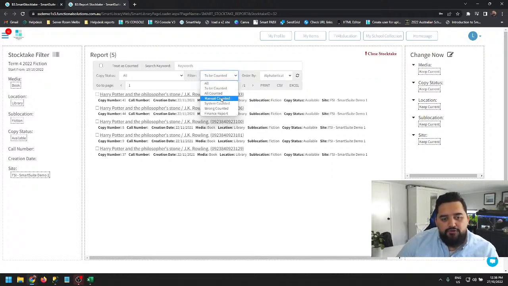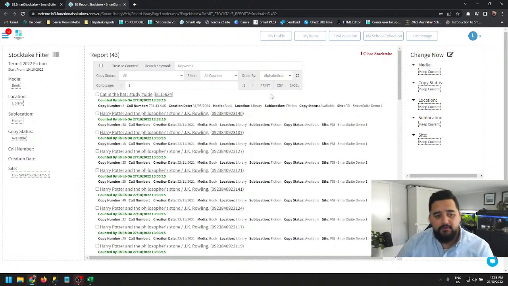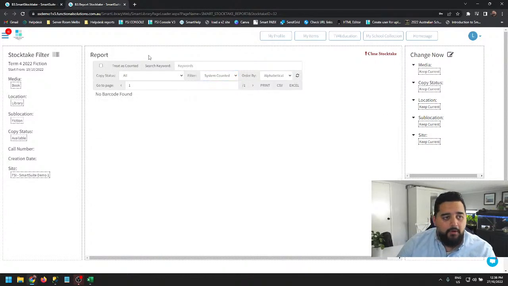You do have the option to filter your All Counted. All Counted is just everything that's been counted, whether manual count or system count. Then Manual Count Only, so if you want to eliminate the system count, you just want to know what has been scanned in, either by yourself or by your library aide. And then you have System Count, that's purely your system count. I might show you what system count looks like. If we just go to To Be Counted,